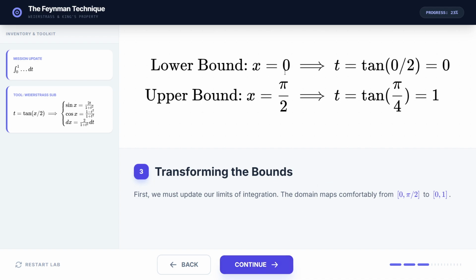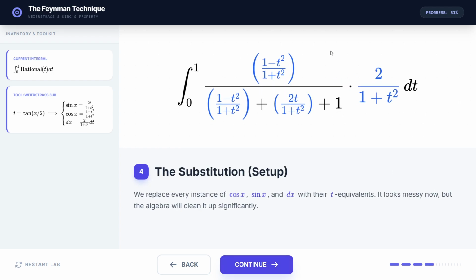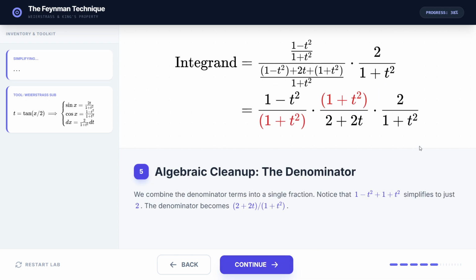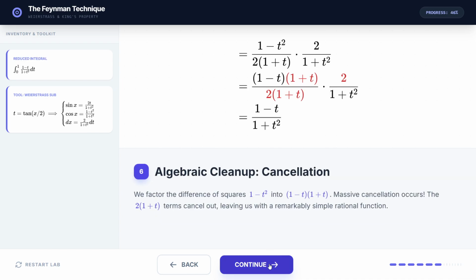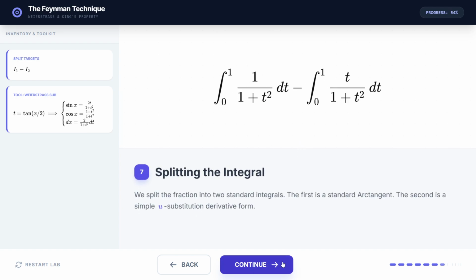If we apply that substitution to our lower bound, it's going to go to 0, and our upper bound is going to go to 1. So now we plug that into our substitution, and we have this. All right, that looks awful, but that actually simplifies nicely like this. Here are all the steps, if you want to pause the video and take a look at it. More steps, and finally, we whittle it down to that,